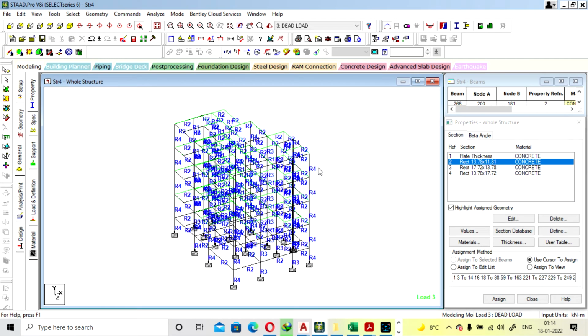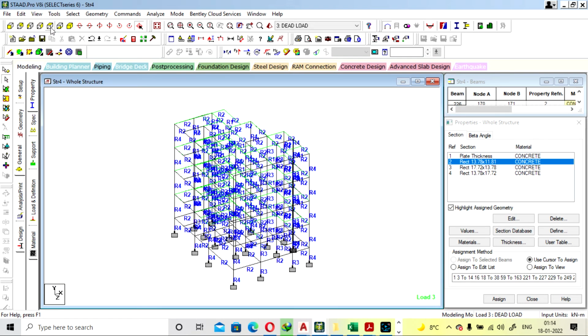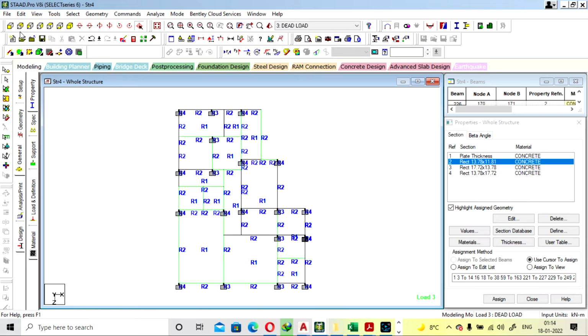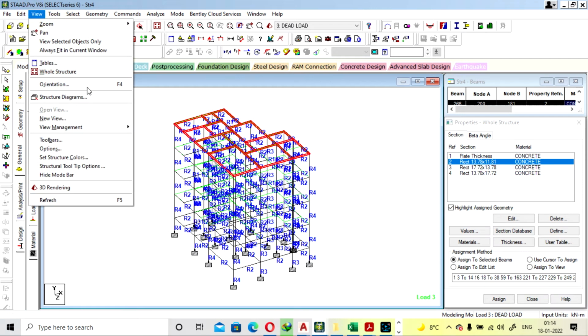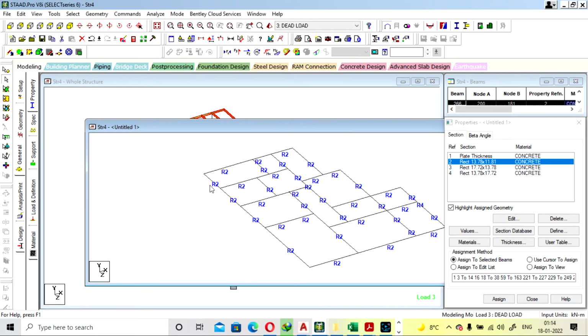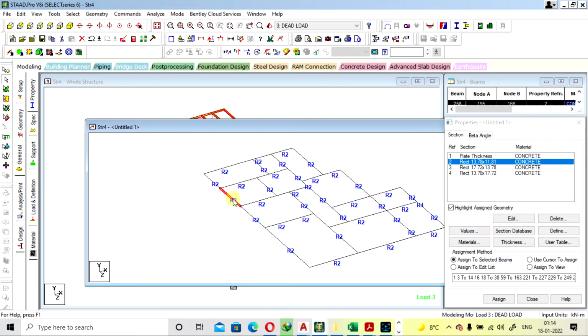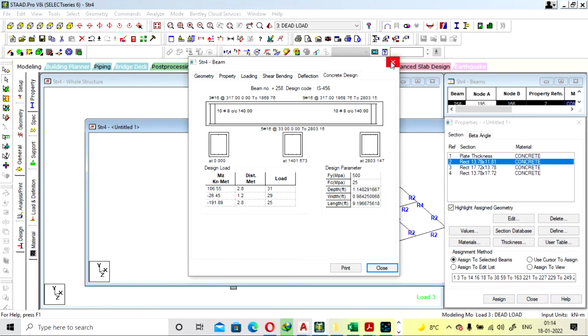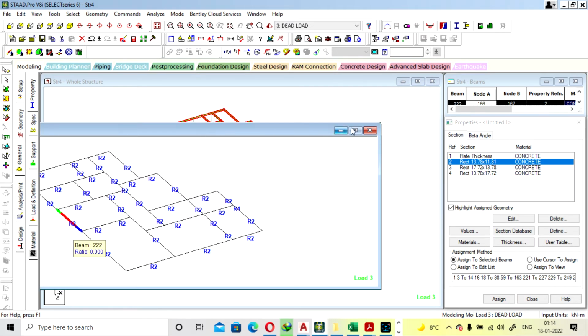So in this way you can check and design your beam and column and check floor by floor your level, beam and column sizes and steel. Okay, so if you want to check the top, select the beam, view, new view, go to create new view and check one by one. Okay, so this will be okay, this will also be okay. Go to commit 3 or 16, 5 or 16, this will also be okay. So you can check from here also.